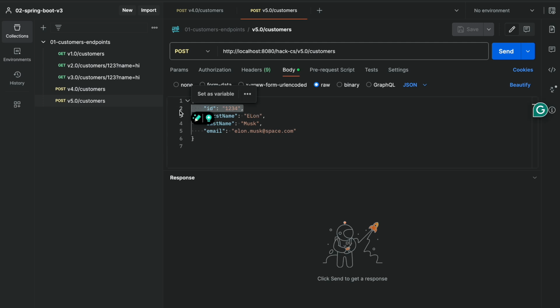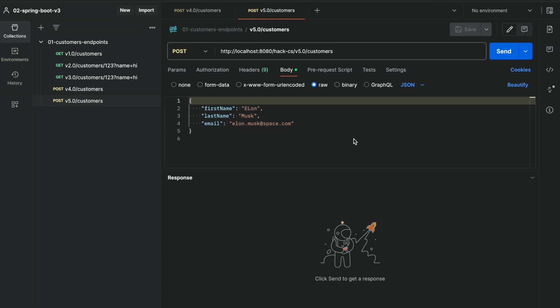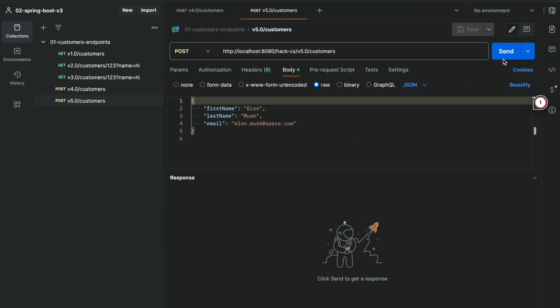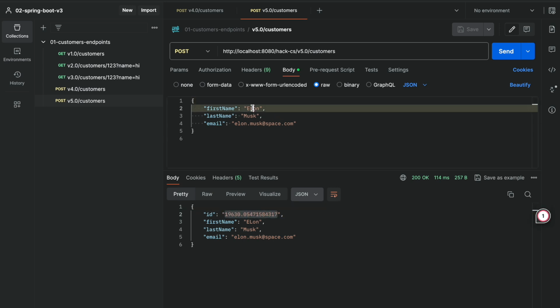So now we are not going to pass an ID. So we will remove the ID field in here. We will see what response we are going to get back from our server. Wow, quite cool, right? Now we are not passing an ID and we are getting an ID from our server. So basically the server has stored this information in our system, and then the server is returning that this is the ID